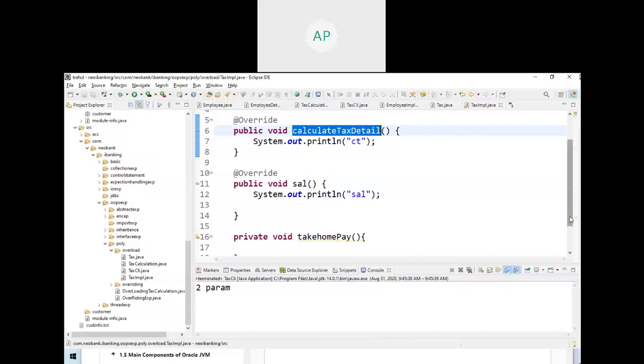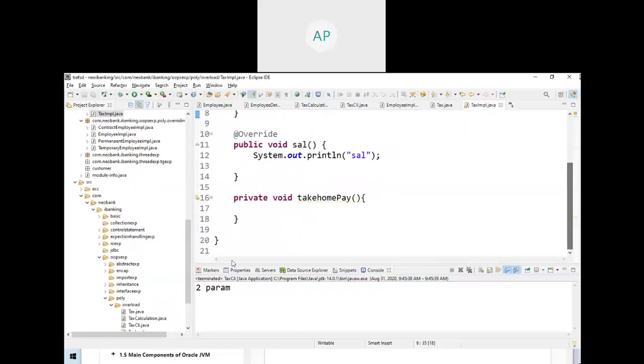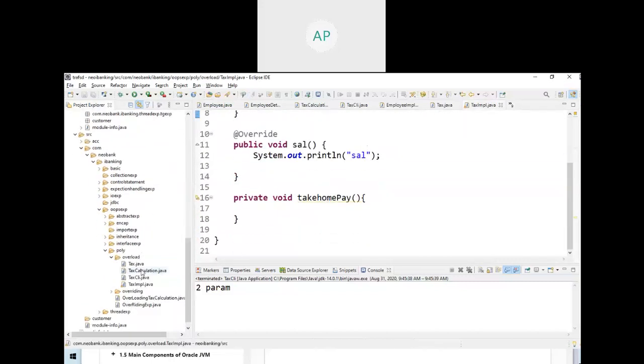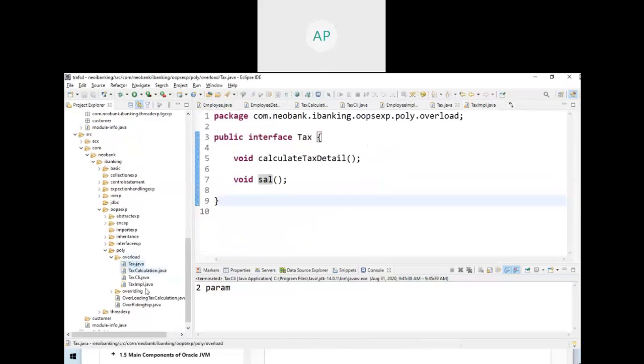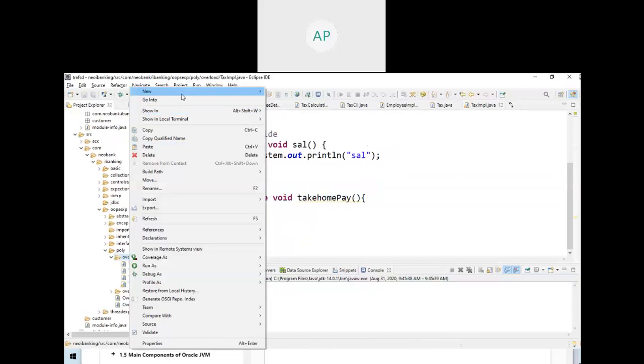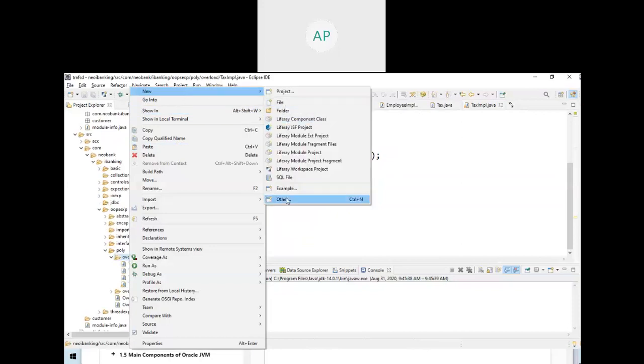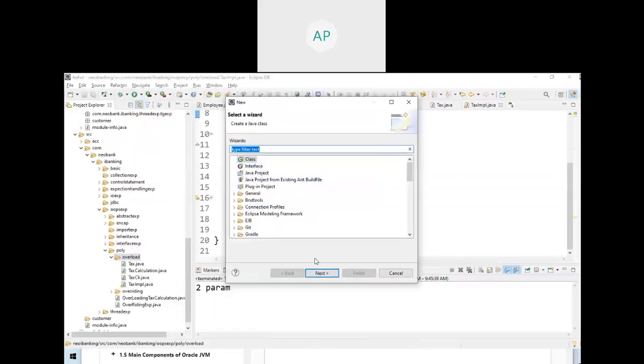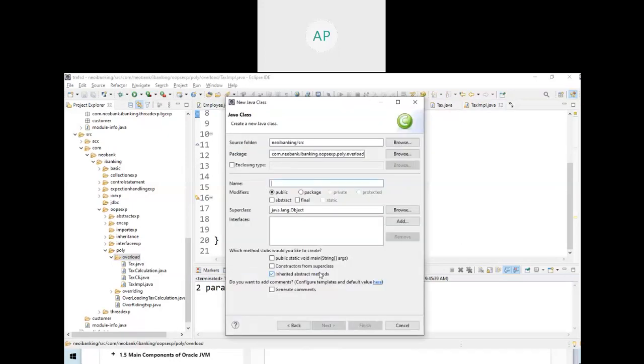Okay. Let us call. This is going to be our tax and TaxImpl. Create one class, TaxClient, and create an object for this class. Any name.